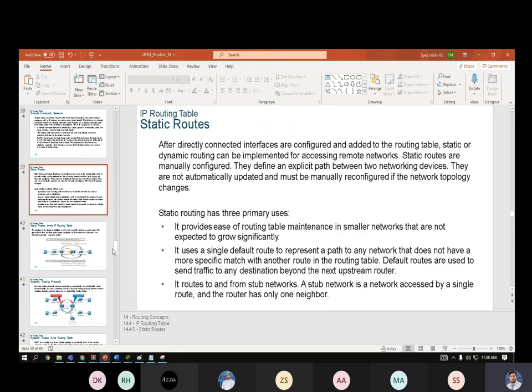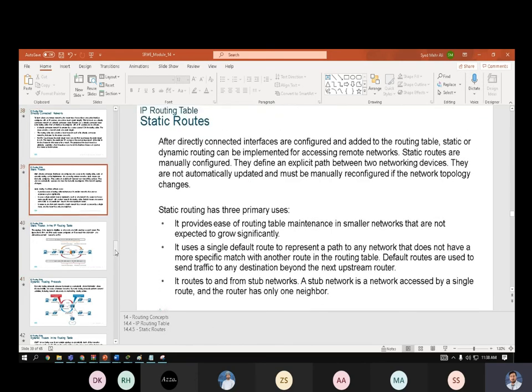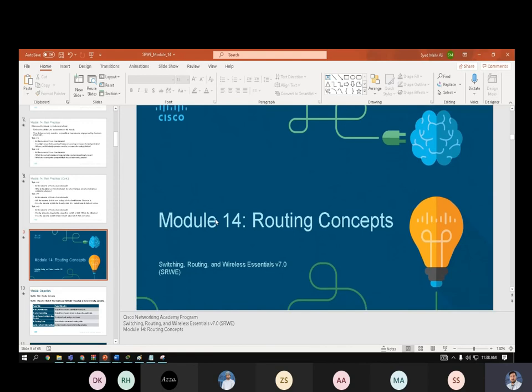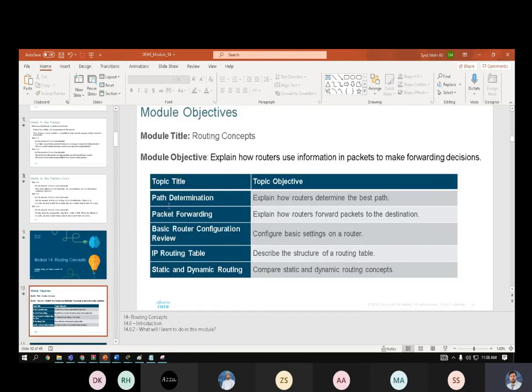So today what we have discussed is the routing concept. In the routing concept, we discussed path determination, the packet forwarding mechanism, and basic router configuration review. We have seen that, but we will do the practical tomorrow. And please, I already uploaded the video for this practical in the